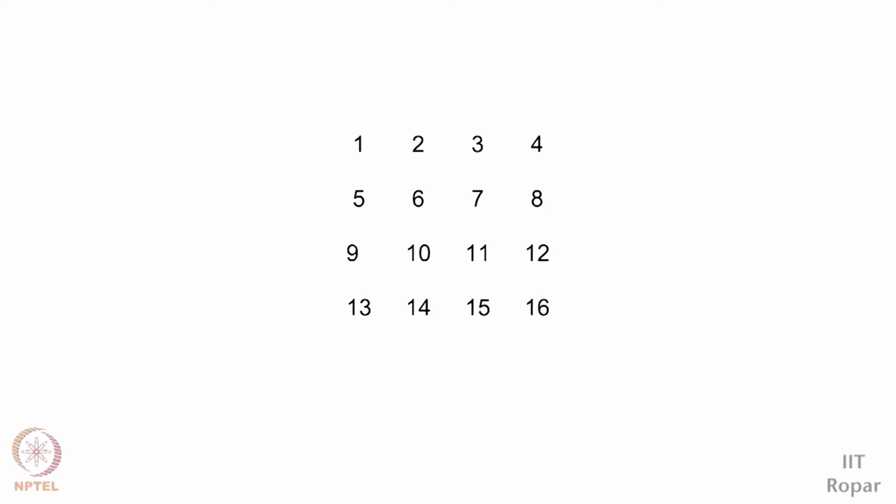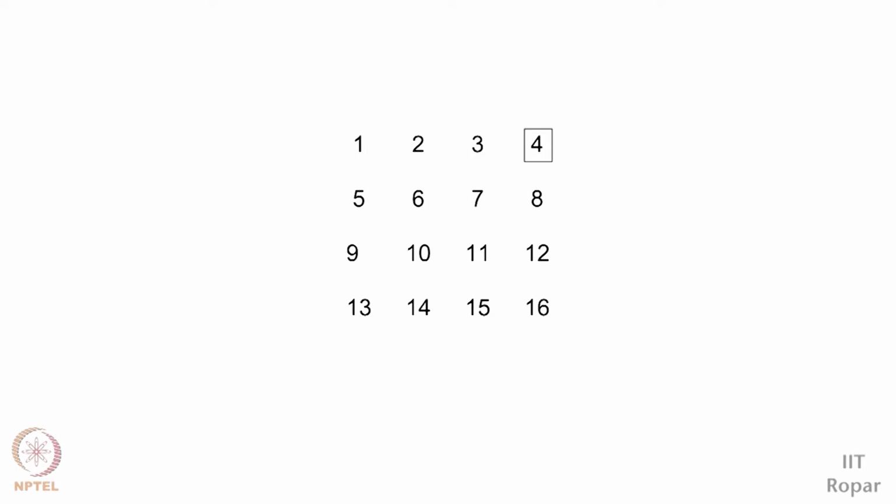What do I mean by the row-wise manner? See this matrix. First I'll go to the first element, which is 1, present at 0, 0. I'll print it. Then I'll go to the next element, in the first row and second column, which is 2. I'll print it. Then the third element, first row, third column, which is 3. Then the next element is 4, first row, last column.